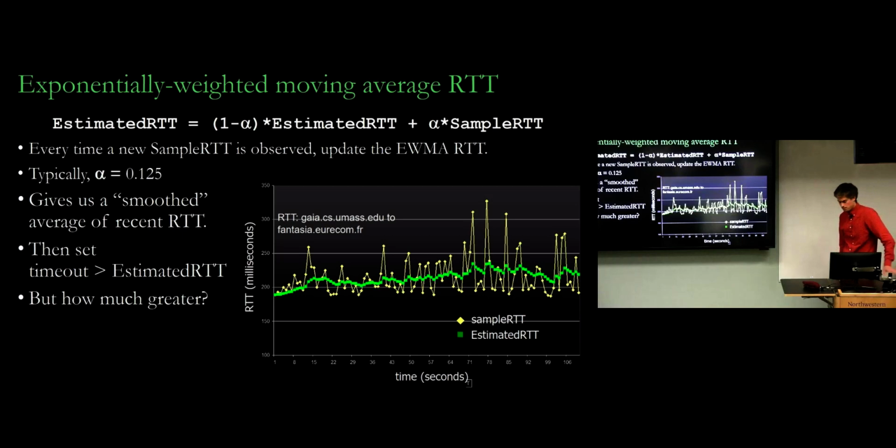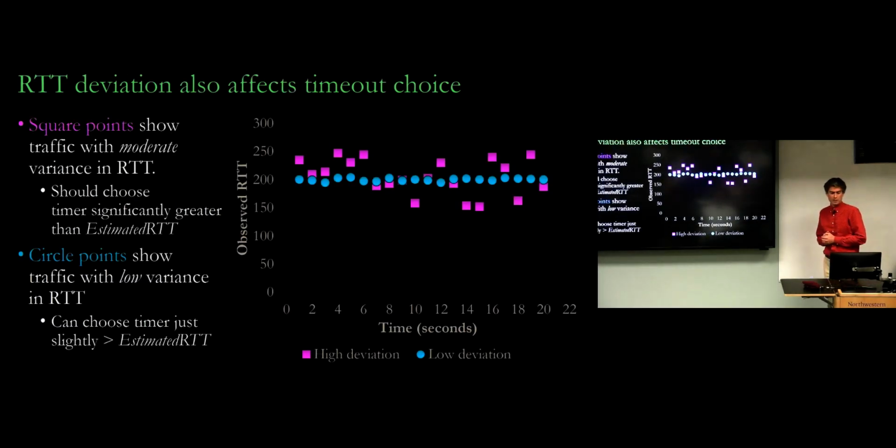And another point is, you want to set the timeout to be greater than your current estimated round trip time. You don't want the timeout to be exactly your estimate, because then half the time the observation will be greater than the estimate, half the time it will be lower. That's what an average is. You don't want half the time to have a premature timeout. So you need some safety margin, so that most of the time your timeout is set high enough that you rarely ever get a premature timeout. Okay. So how do you calculate that?